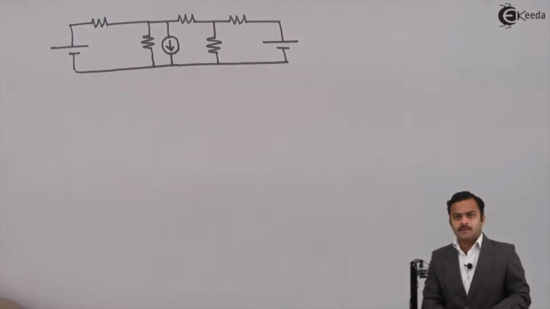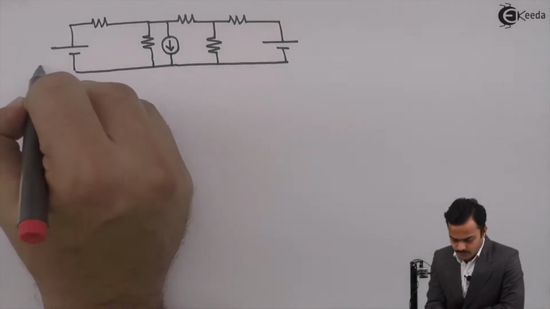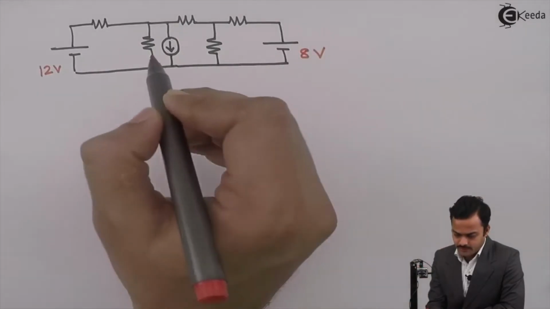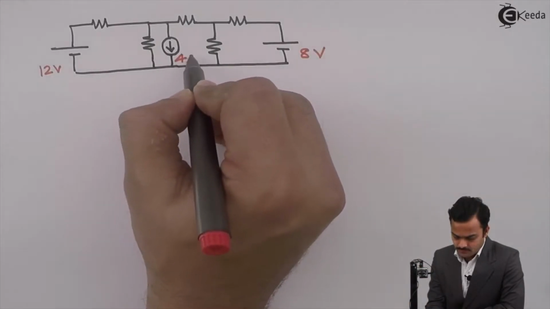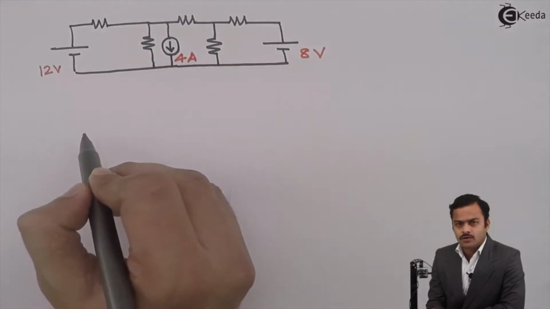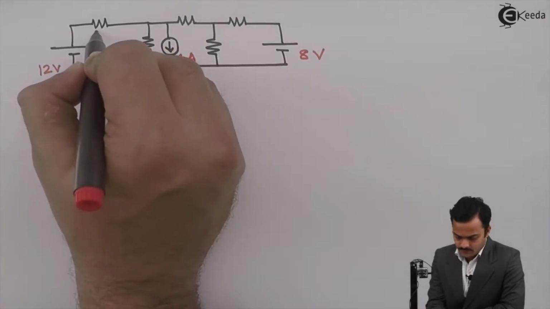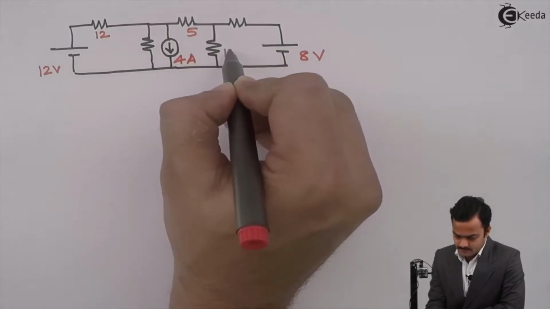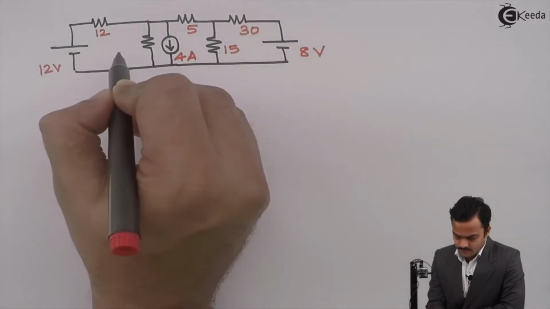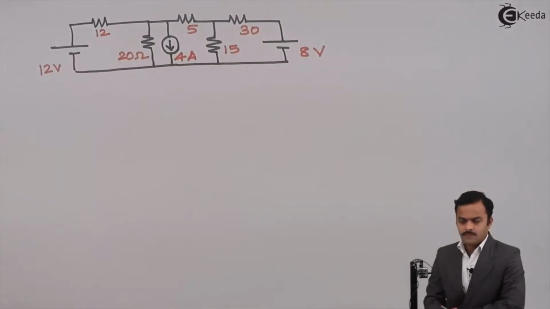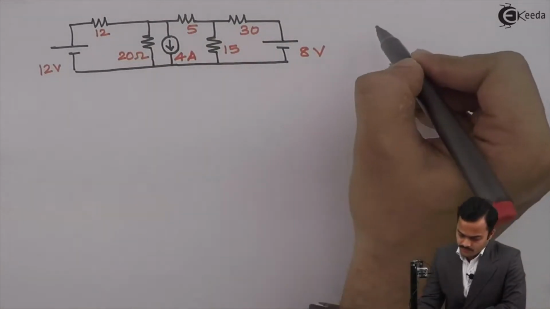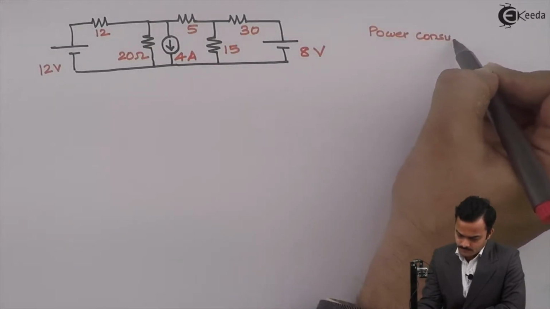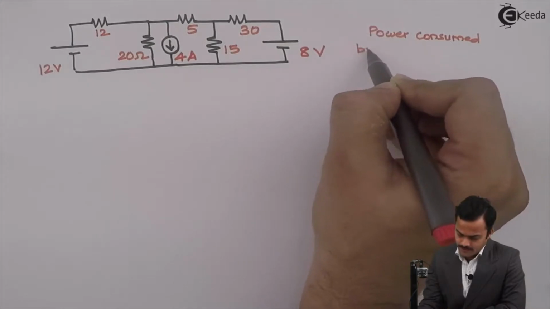So in this problem, I have taken a voltage source of 12 volt, another voltage source of 8 volt, current source of 4 ampere and several resistances. Our question is, find out the power consumed by